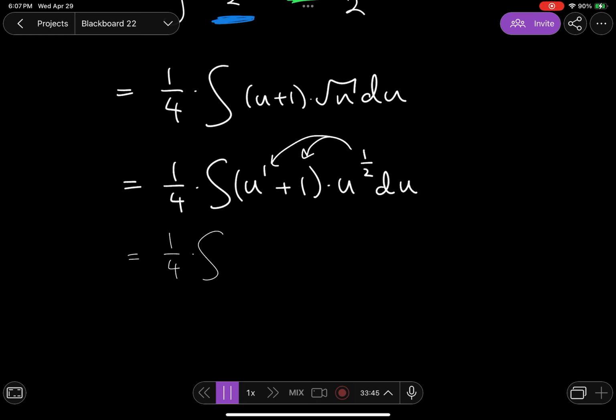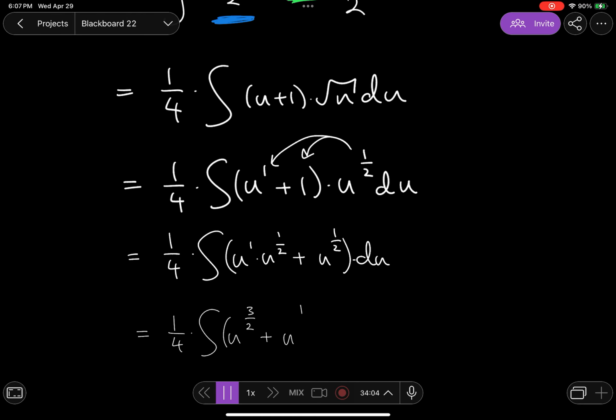That's algebra. This is going to be u to the first power times u to the 1/2 plus u to the 1/2 power times du. That is the same thing as 1/4 times the integral of u to the 3/2. Hopefully we remember our exponent rules. Plus u to the 1/2